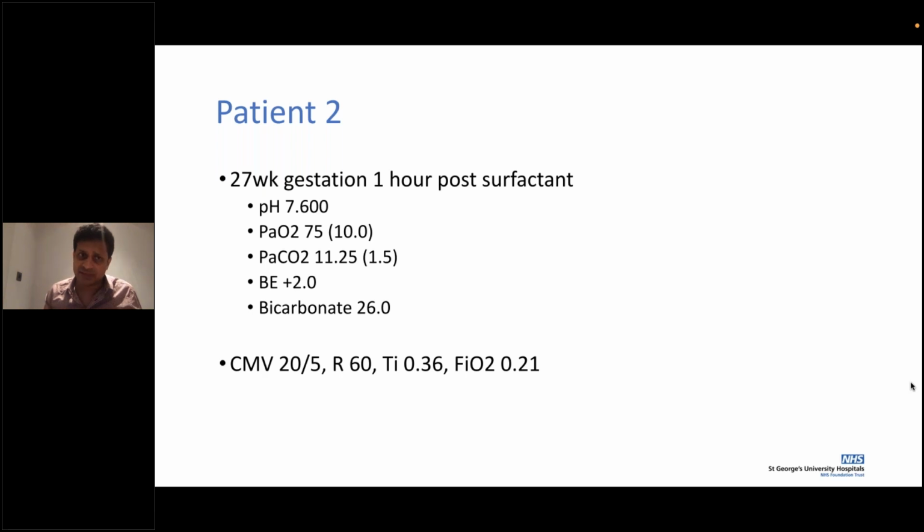Quite often we still believe that all breaths should be supported in a very small baby. You don't want them to get tired out. Would you extubate this baby at this point? Well, because of the over-ventilated gas, the oxygen is good, the PO2 is good. Yeah, so there is some, and why would that be?